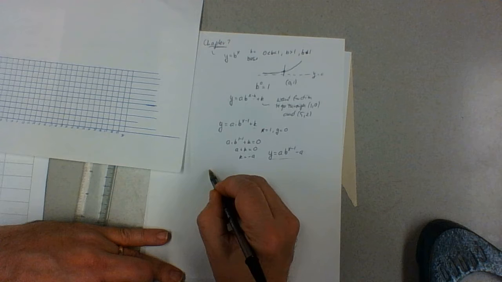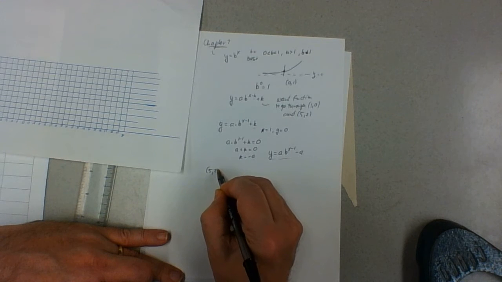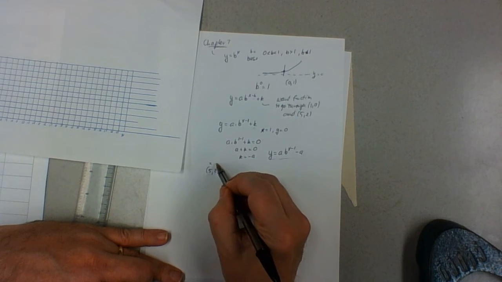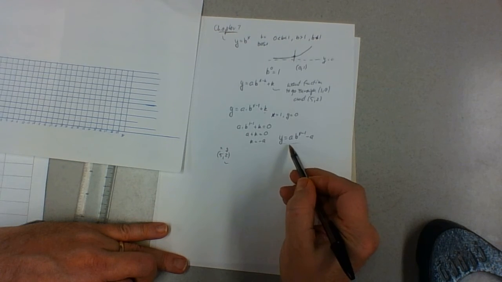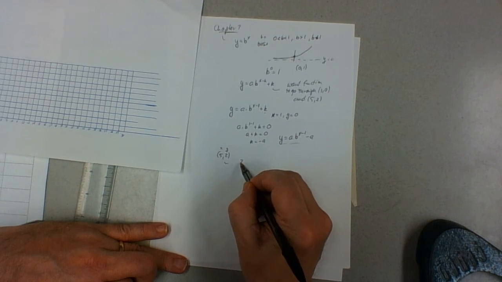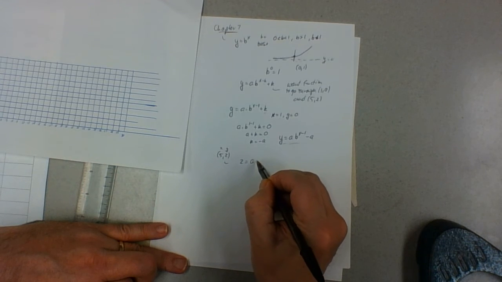All right, now I'm going to use my other ordered pair that I knew. So when x is equal to 5, I want y to be equal to 2. Substitute that into my model right here. So I have 2 for y is equal to a times